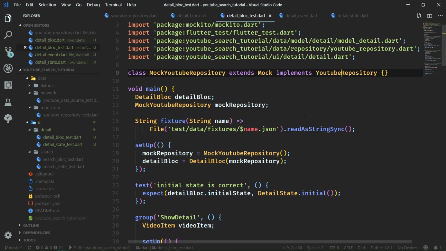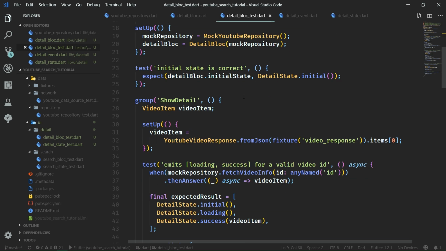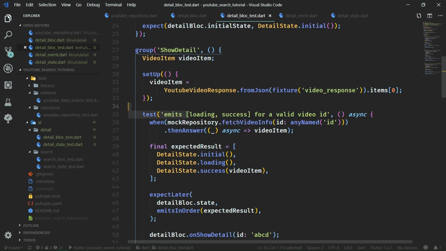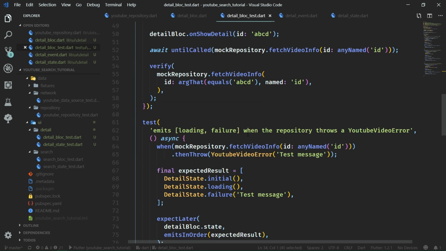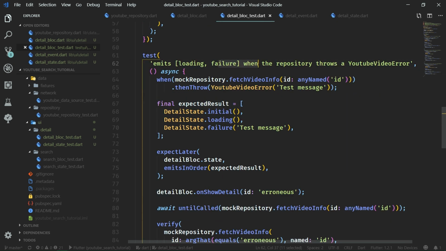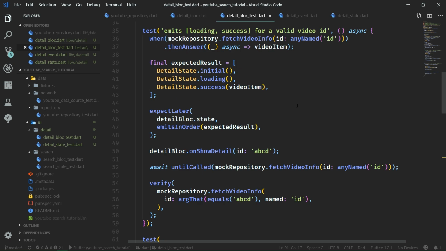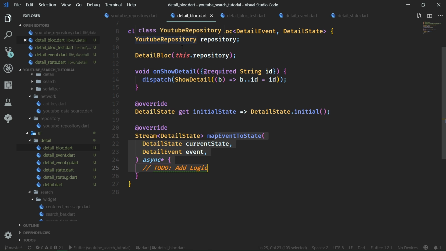So let's take a look at what this BLoC will do. We have only one event, show detail, and whenever show detail is passed into the event, we are emitting loading and success for valid video ID. Then we emit loading and failure when the repository throws a YouTube video error. We also emit loading and failure when the repository throws a no such video exception. That's also correct. So now let's go over to Detail BLoC.dart and let's implement this functionality, which is described in